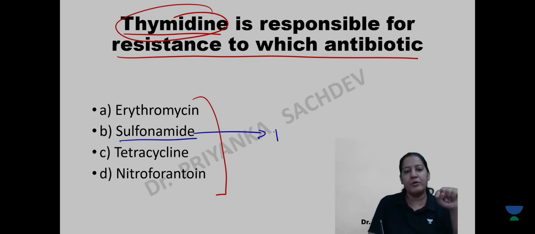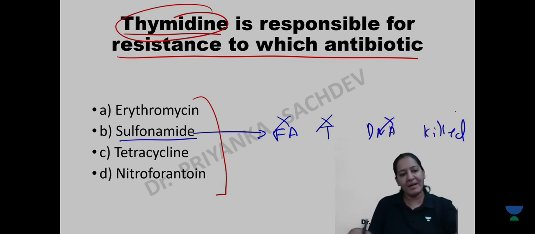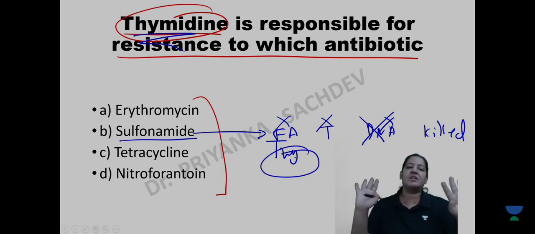So by giving sulfonamide, you are making sure that bacteria is not making tetrahydrofolic acid. So that in the absence of folic acid, thymidine is not synthesized, and since thymidine is absent, DNA will not be synthesized and the bacteria will be killed. You are making sure of that. But along with sulfonamide, if you are giving a separate thymidine tablet, तो bacteria will not be killed. Bacteria यहाँ से तो thymidine नहीं बनाएगा, लेकिन तुमने अलग से दे दिया, so the antibiotic will not work. So it will create resistance to the antibiotic.